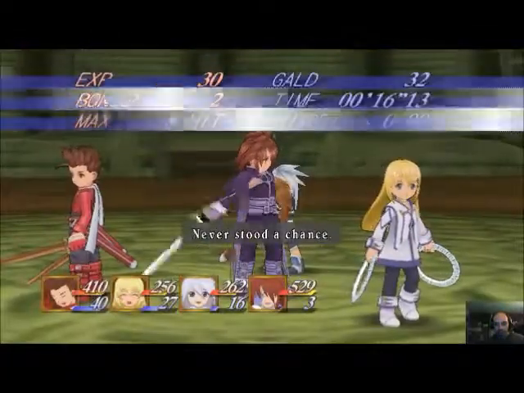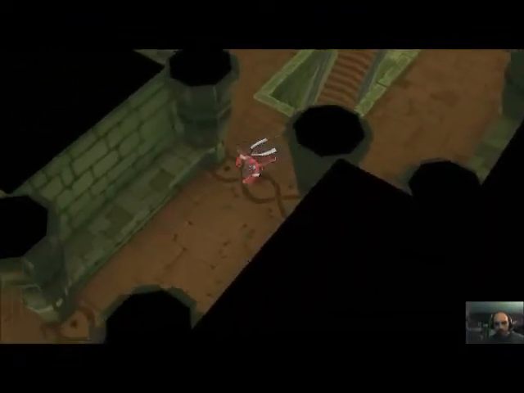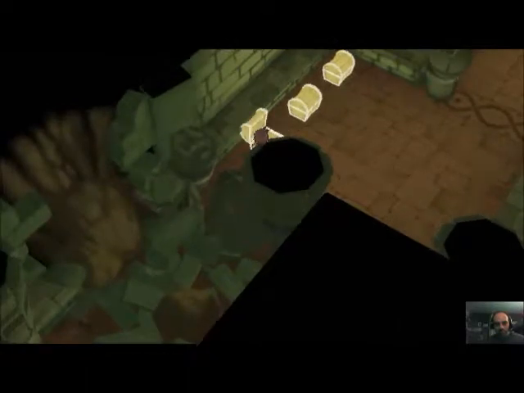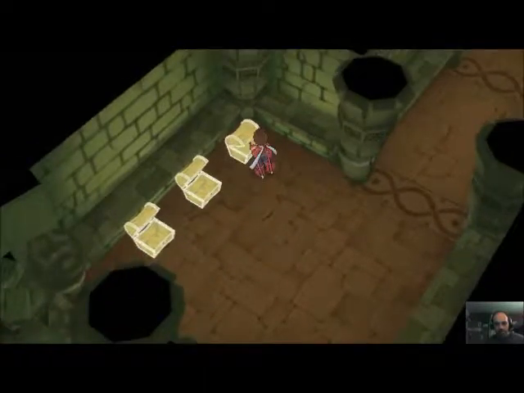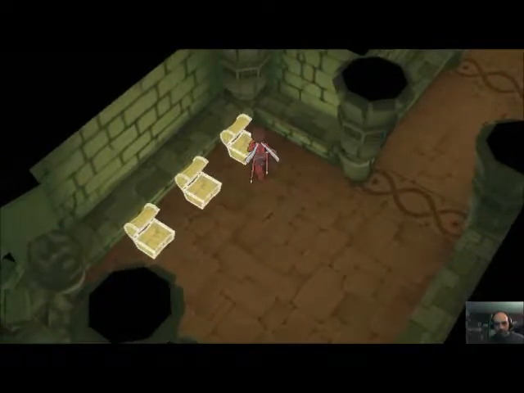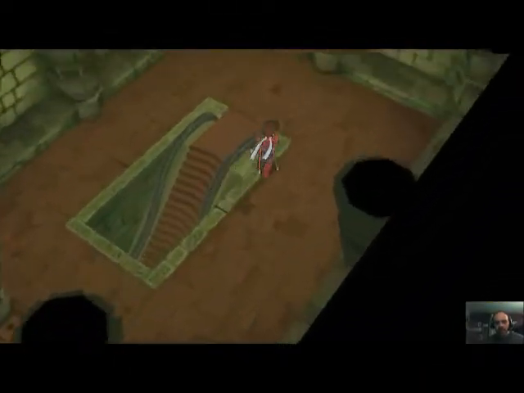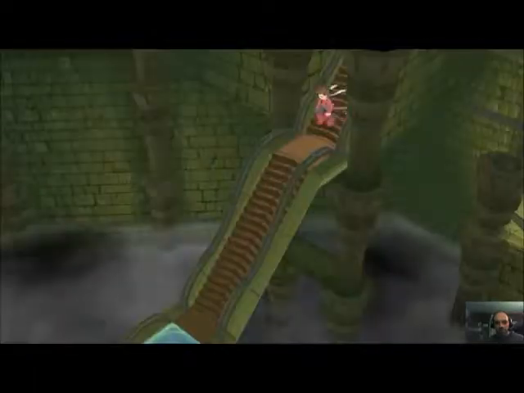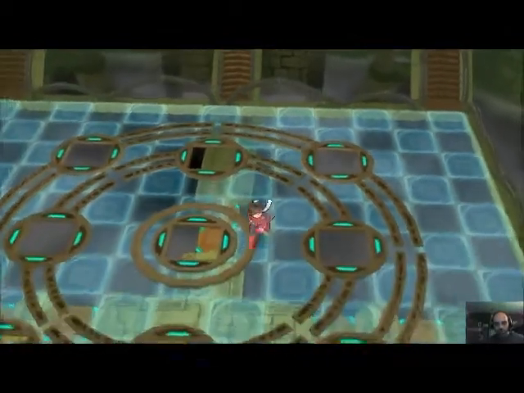Never stood a chance. Alright. So over here, we've got a couple treasure chests. 3 treasure chests. And that is 250 gold, and a life bottle, and an apple gel. Okay. So, there's where the cave-in was. Let's go back to the front of the temple and break that seal so we can go do what we need to do. I think...